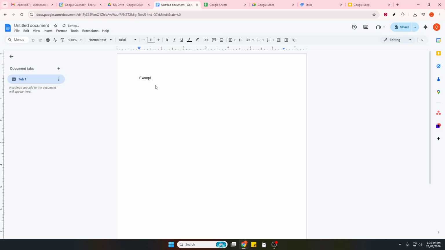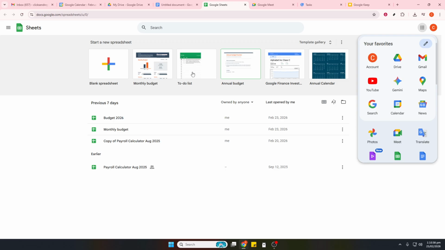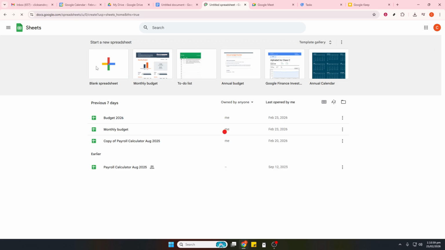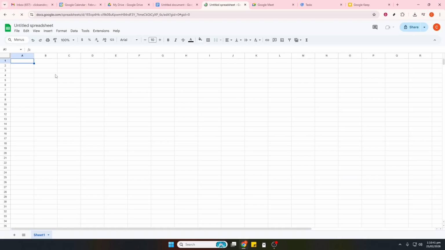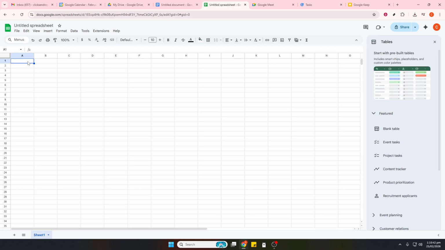In Google Sheets, create trackers for content, expenses, and leads. Use basic formulas like sum, IF, and count for quick insights. Add filters to slice data fast, and apply conditional formatting to hide